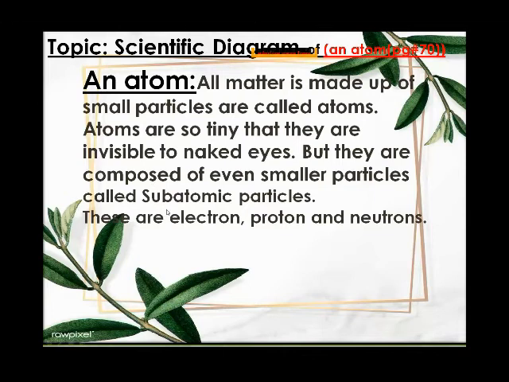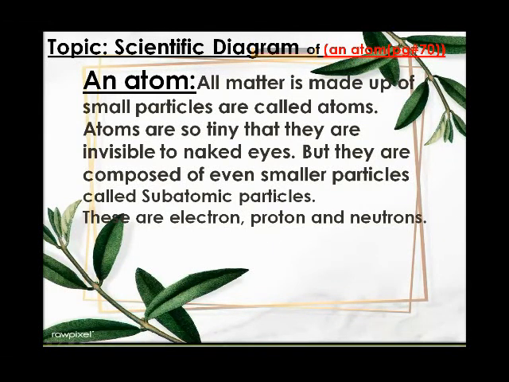Okay? Each atom has three particles. They are called electron, proton, and neutron. Okay? Protons and neutrons are in the center of the atom. An electron moves around the nucleus. Clear? Now,